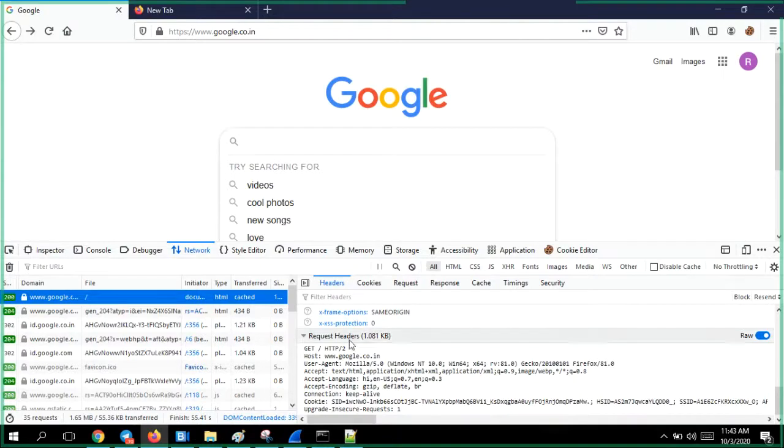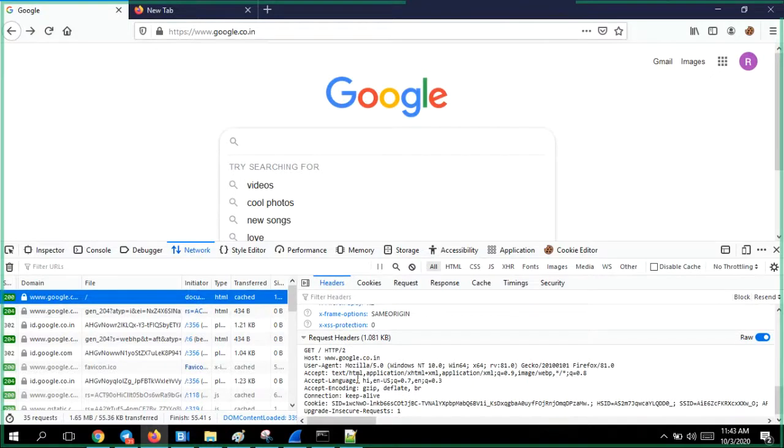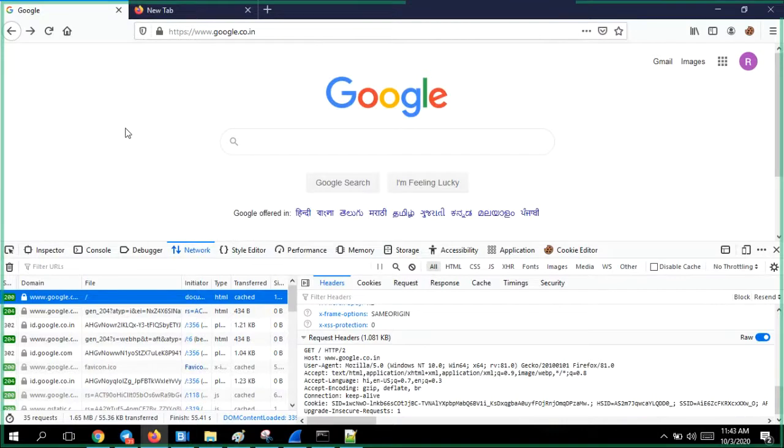Keep alive, please keep me alive. I want my user, a guy who wants to connect with you, whenever he wants to enter anything, leave the connection for him as long as he wants. That's what I am telling. But whether the server will accept it or not is decided later. It may say, no, I will allow you to connect to me only 10 seconds, or 20 seconds, or half an hour or 1 hour, something like that, between this page and the web server.